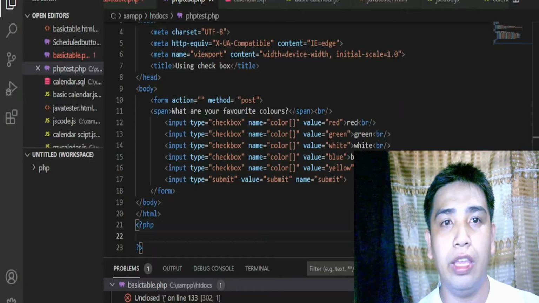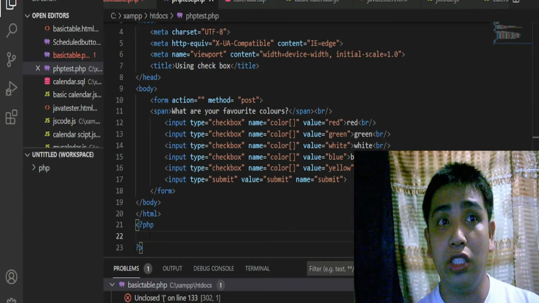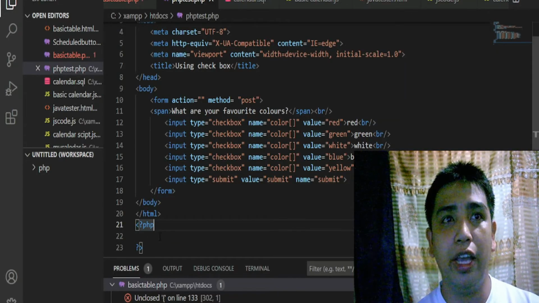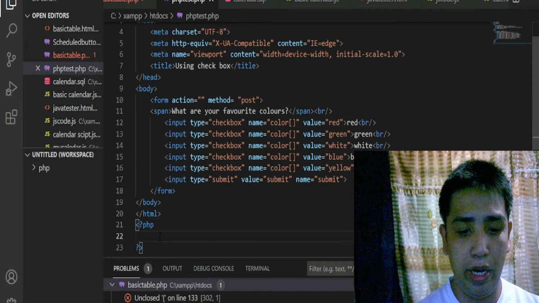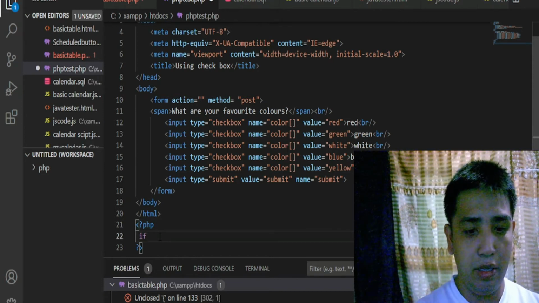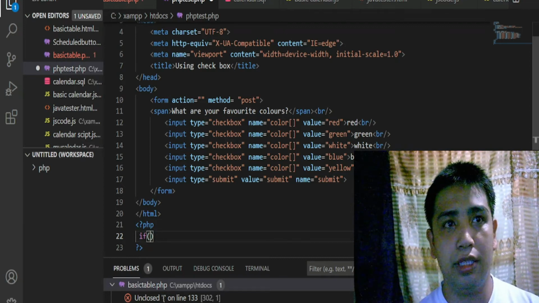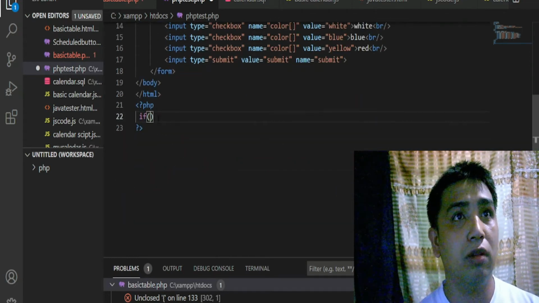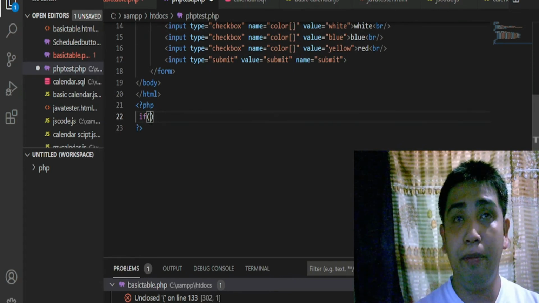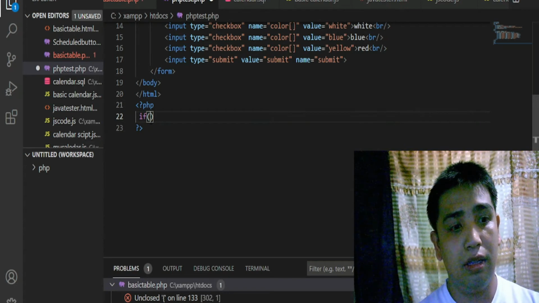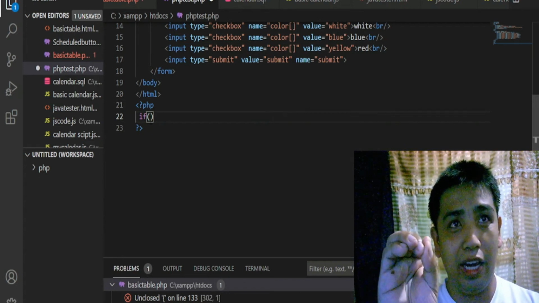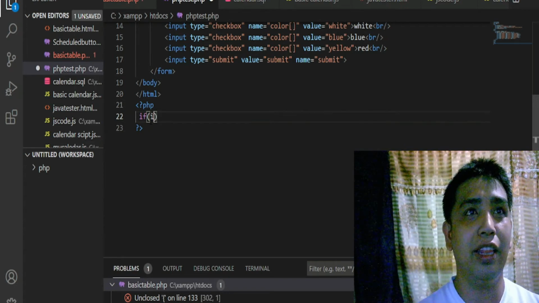So you will write a condition that will verify that. So we'll write if, and there's a condition inside this box. And then, if the submit button is clicked, so is set,